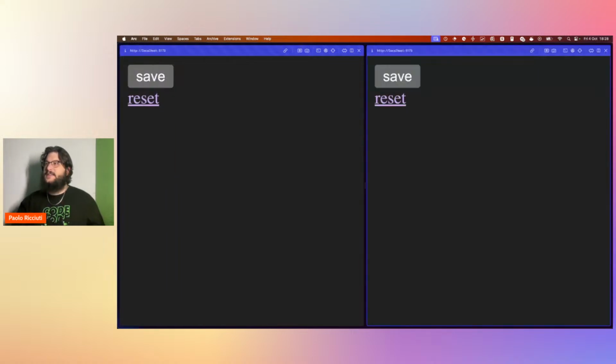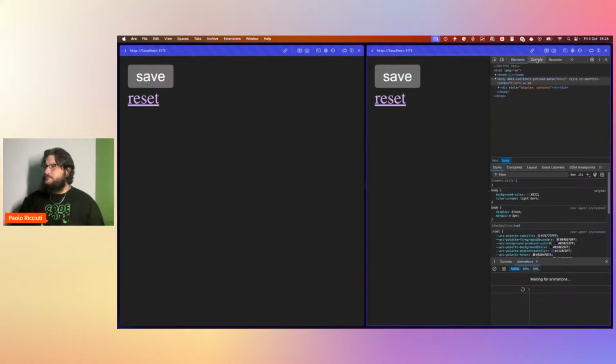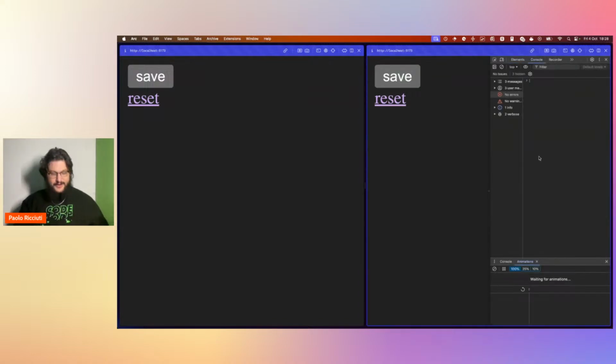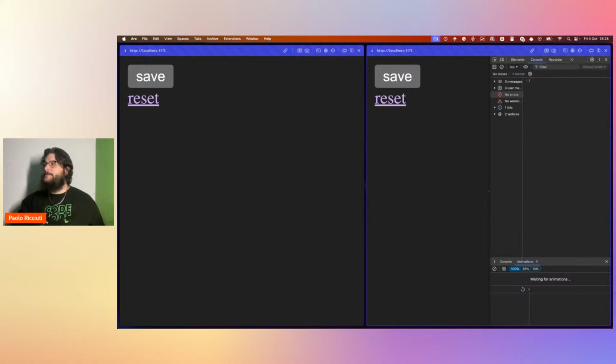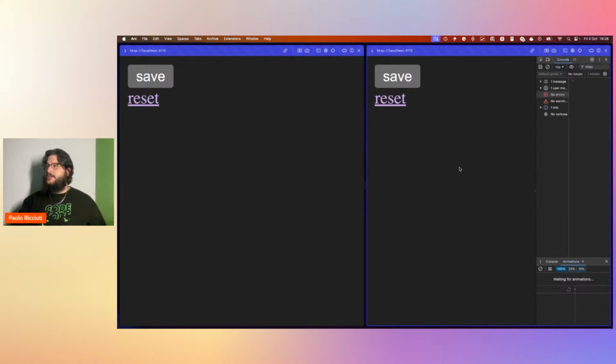So like this, imagine that this is two users accessing the same page. And let's say that this user is very fast, or maybe it's behind a VPN, so it has JavaScript disabled, right? So since it has JavaScript disabled, when you refresh the page,